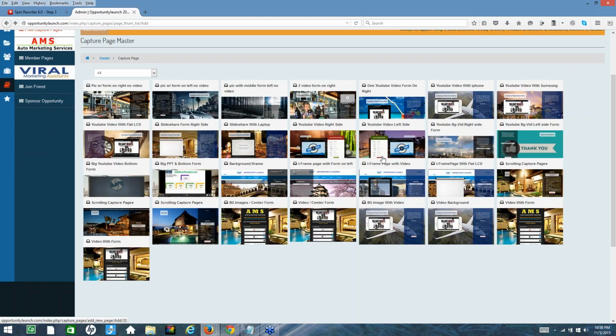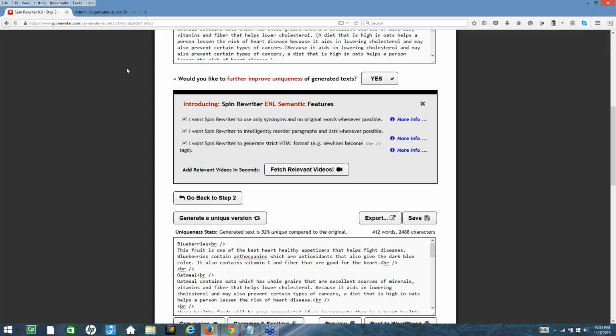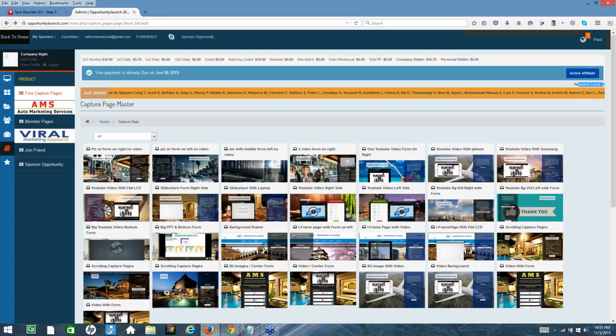But again, like I said, those who are active affiliates, those who are above payment level 1, we are going to add additional products and services on top of just the capture page system, like Spin Rewriter and other types of tools that you'll get access to at different levels. So we've definitely pondered on this for some time, and we definitely don't want to